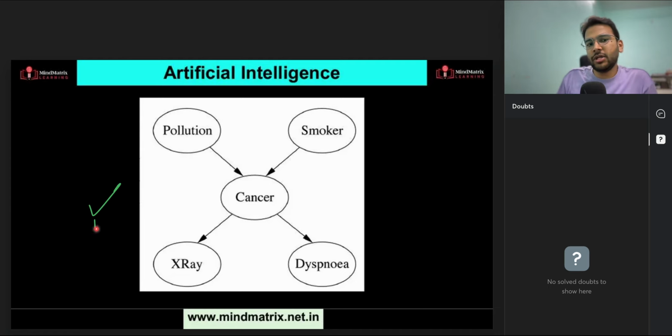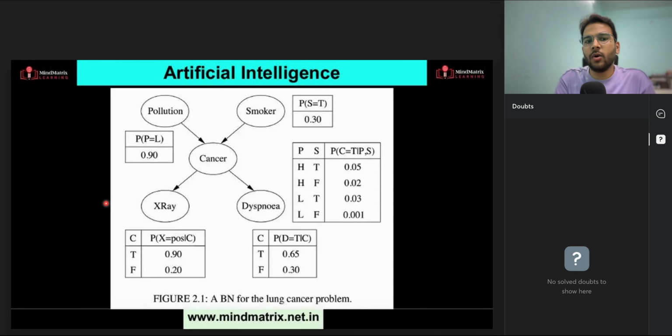Okay, so this is the Bayesian network they have come up with, and now they have given you this complete Bayesian network, where we have the graph, the dependency graph. Apart from that, we also have the CPTs, the conditional probability tables. Now, let me ask you one more question. What is the probability that cancer is true? First, before that, just try to write the joint probability distribution expression. Can you write it?